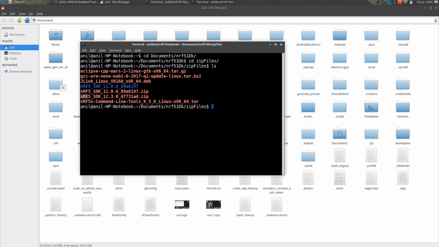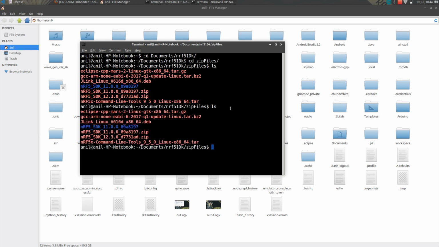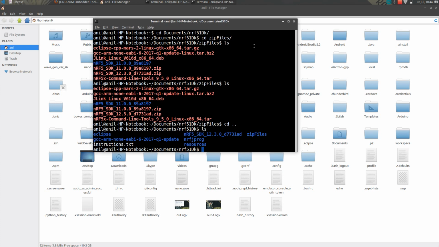Actually I'm gonna show you how to set up this NRF 12.3 SDK, which is the newer version, and we're gonna need the NRF command line tools, which I told you about earlier. So the NRF SDK actually allows us to build the examples from the command line tools. That's the first part about NRF DK, and it supports the GCC environment and Keil and IAR Workbench.